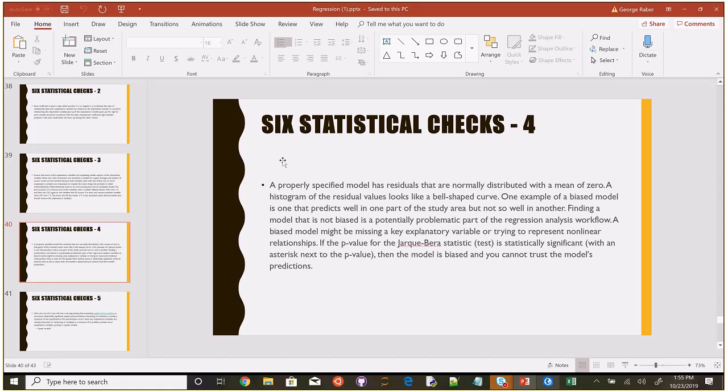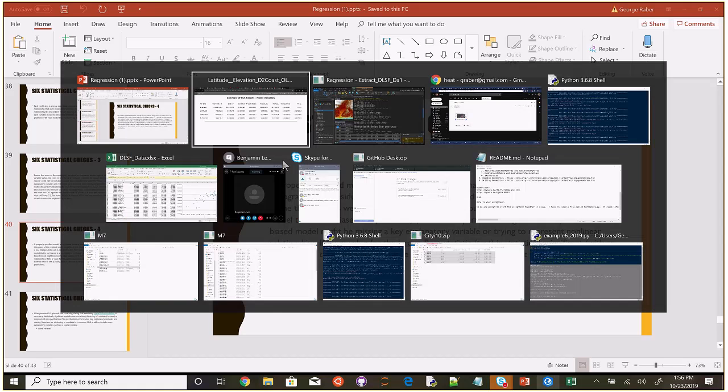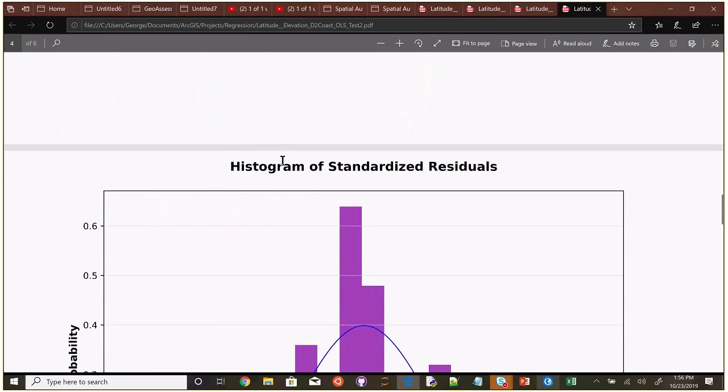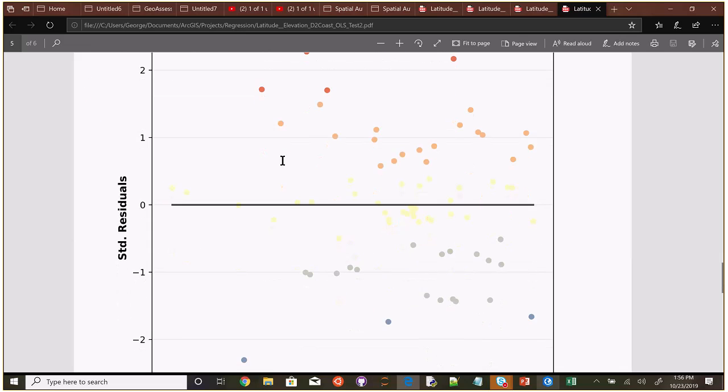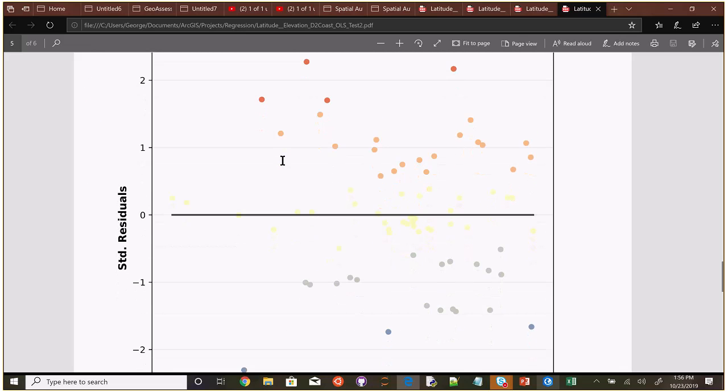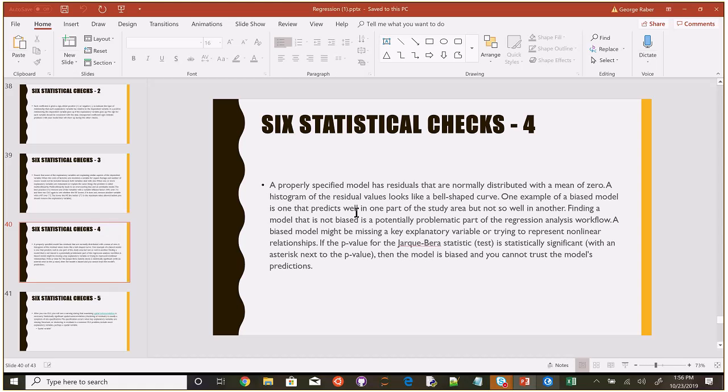All right. The next test that ESRI suggests is that you look at the residuals. Now, I just kind of looked at our residuals, and you want them to be spread out. So I was kind of taking a qualitative approach. Yeah, the residuals look spread out. That's these guys. Right? So there is a test to say whether or not your residuals don't have a pattern to them, and that is the